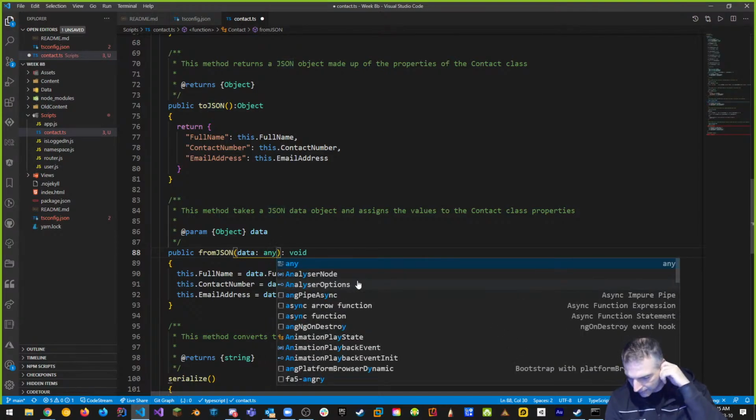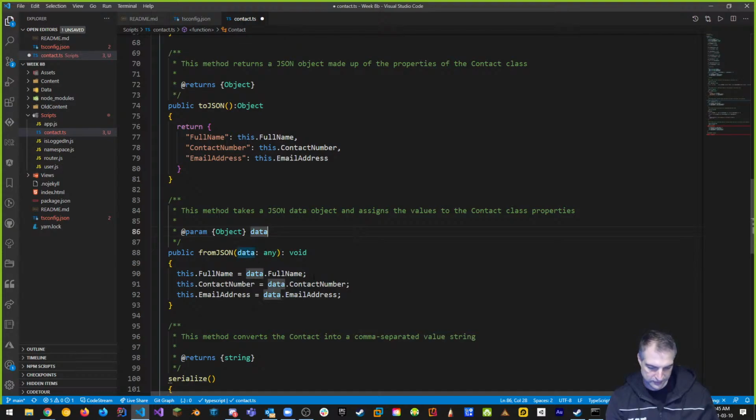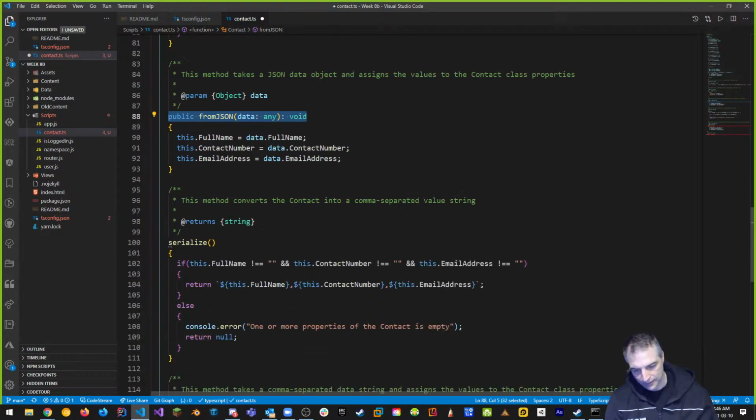And this is the first time, and again, tomorrow we're going to fix this problem. But any is something that allows us to bypass or silence the error. Be careful, because this basically takes away the need for TypeScript in the first place. So you don't want to use too many any's. This is just to convert what we have from JavaScript to TypeScript. And sometimes we start off with any, and then we go back later on and fit the right type. All right, let's keep going.